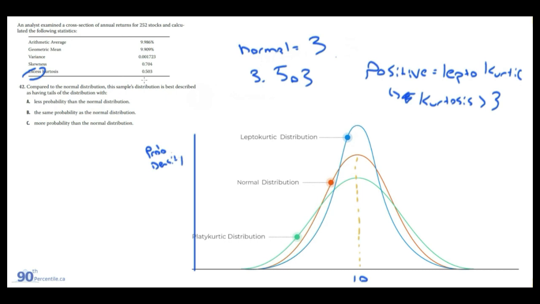What we're worried about, so we know it's leptokurtic, so it has positive kurtosis, but now we have to figure out, do the tails have more, less, or the same probability as the normal distribution? So if I was to just take a point on the tail, so that's anything outside of the mean, we can just call it like this point right here, draw a line down, and we'll call this value 9. And if I draw this all the way over here, you can see that this